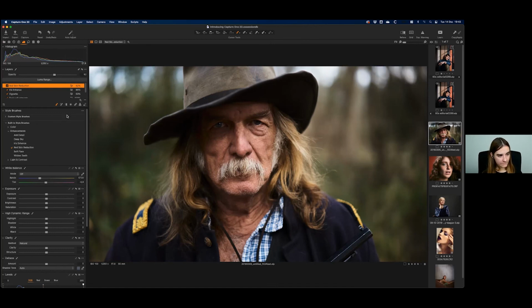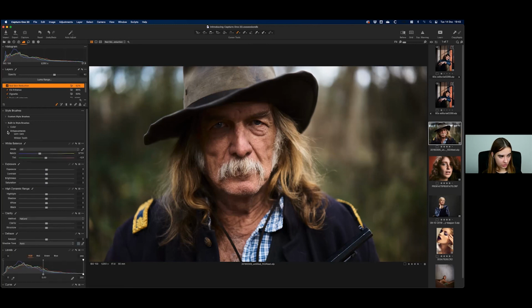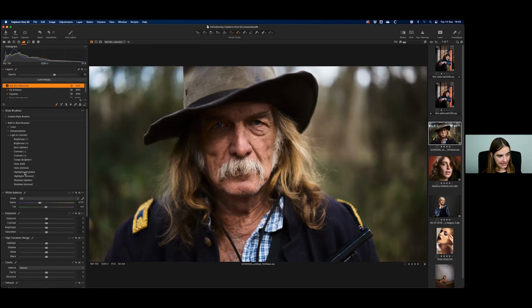So the next thing that I would do, playing further with the style brushes, besides the enhancements, we also have color and light and contrast brushes. So I'm just going to go over to light and contrast. And this is where I have my dodge and burn brushes, which are great because they'll come automatically with the adjustment that you should apply. And then you just need to grab the burn, for example, starting with the burn, and you can already start